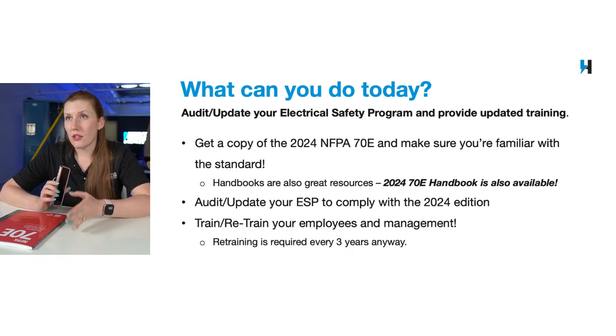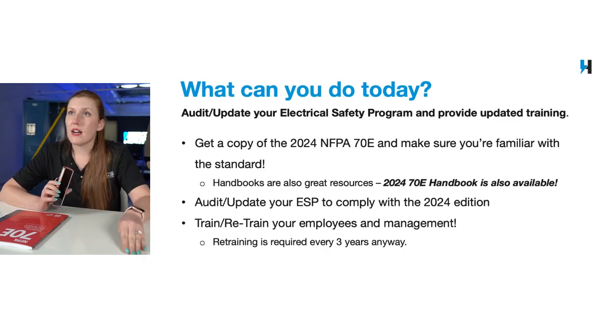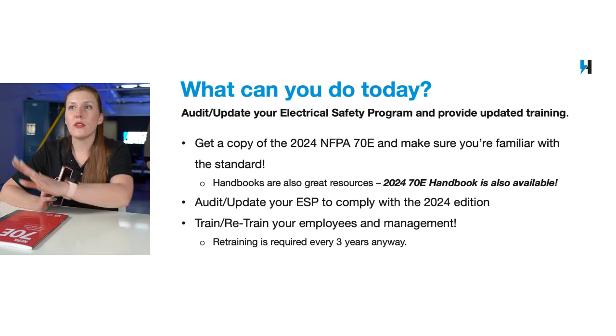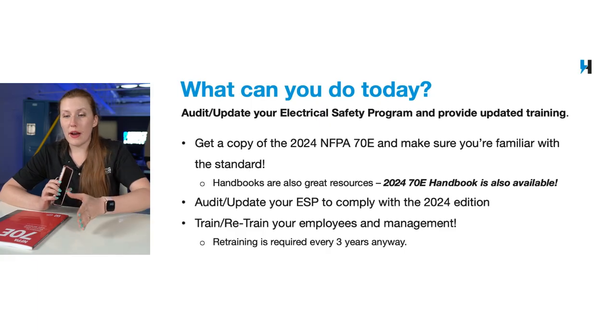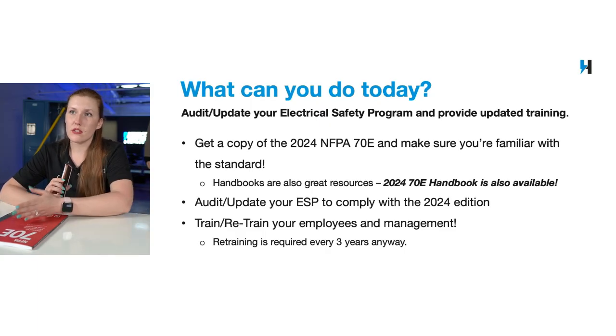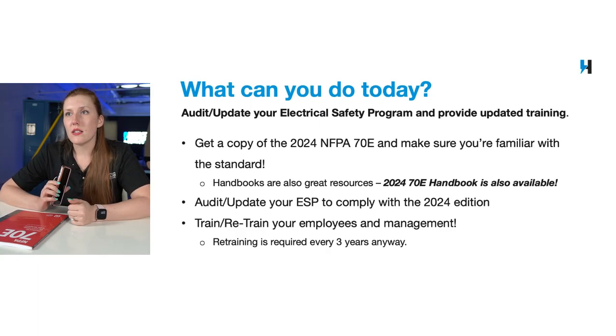Verify that your electrically safe work condition policy is accurate and up to date, and that it specifies that you verify absence of voltage at each point of work. For example, mind you, there's other things, but go get a copy, make sure that you can compare 70E versus your program and just do that audit.